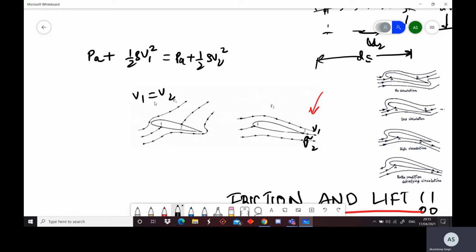And why finite? Because they are basically not equal to zero; we can assume that. So we can summarize the statement of the Kutta condition as: for a given airfoil at a given angle of attack, the value of circulation around the airfoil is such that the flow leaves the trailing edge smoothly. And if the velocity at the trailing edge is finite, then the trailing edge is a stagnation point also. We'll see that there is a mathematical condition for the Kutta condition to be satisfied.